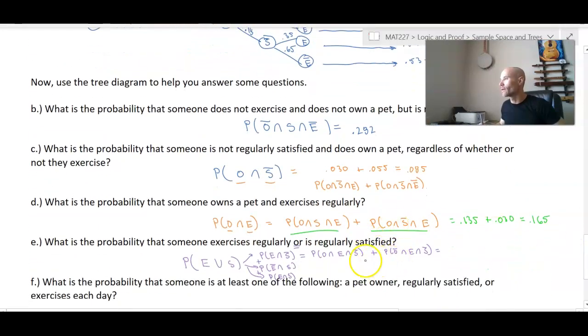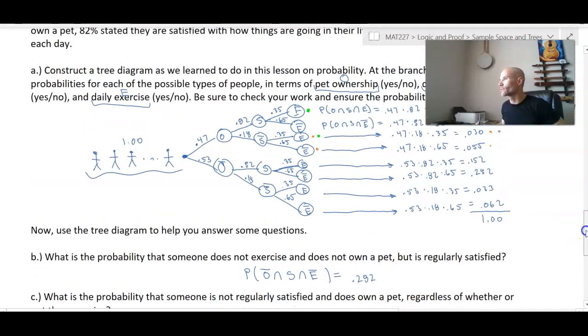I probably should have written the S first, but that's okay. So this will be 0.030. That's the same thing as we have up here. We just wrote them in a different order. And then the percentage of people who don't own a pet and are not satisfied and do exercise